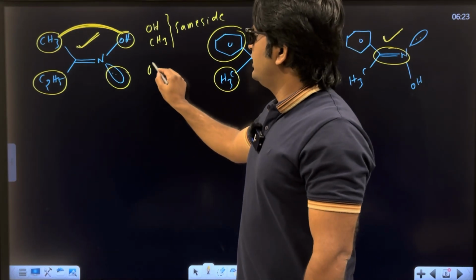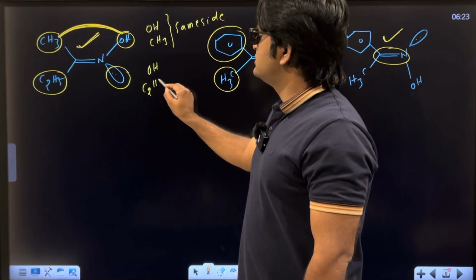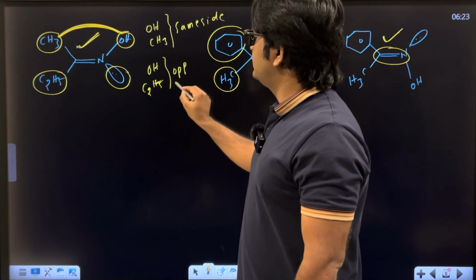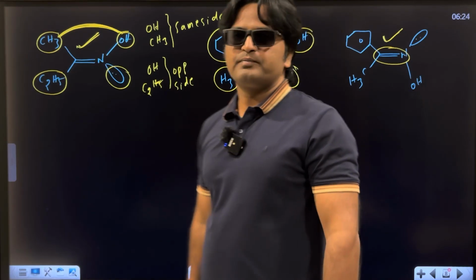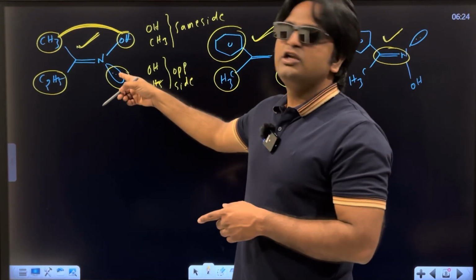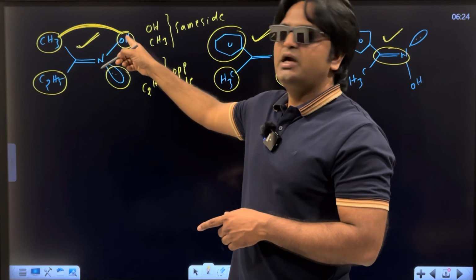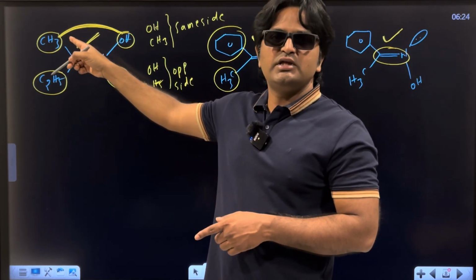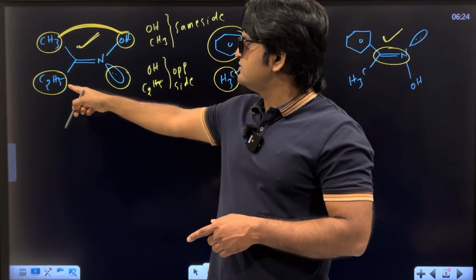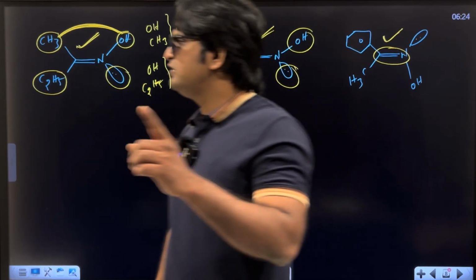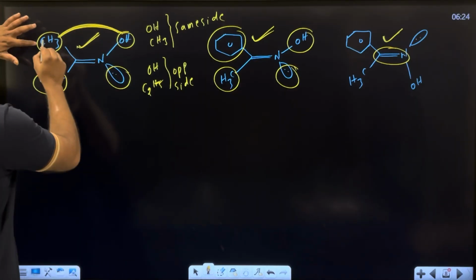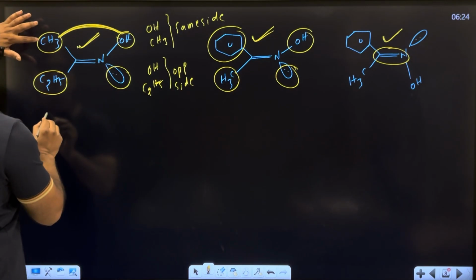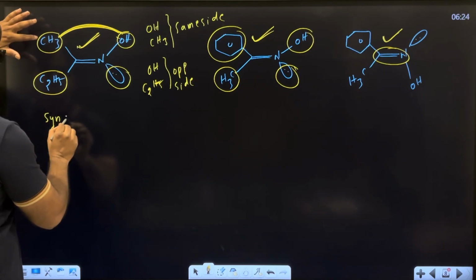And what about OH and C2H5? They are present in same side or opposite side? These two are present in opposite side. Don't consider the lone pair of electron here. Just you look at OH, right? OH same side which is present methyl group, and OH opposite side which is present ethyl group. For example, if you start with methyl, now this methyl is same side of OH or opposite side of OH? Same side of OH. That's why you write first syn methyl,